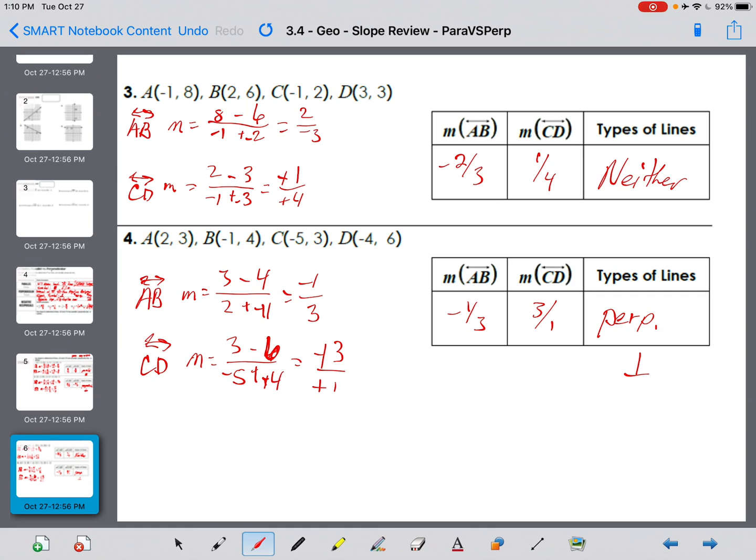And that's all it takes to determine if things are parallel, perpendicular, or neither. Look at their slopes. If the slopes are the same, parallel. If they're negative reciprocals, the different signs, and they're flipped over, they're perpendicular. If it's not those,